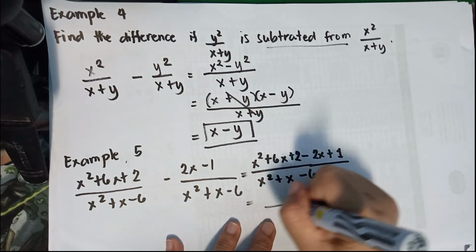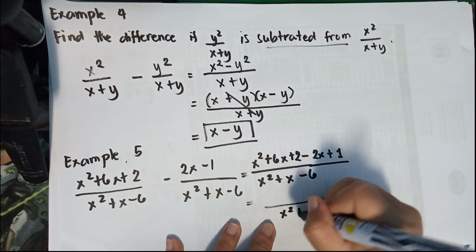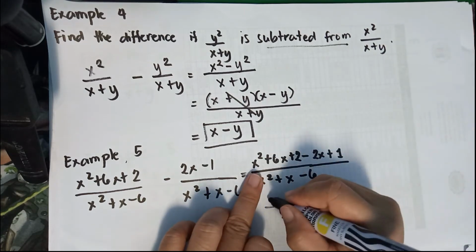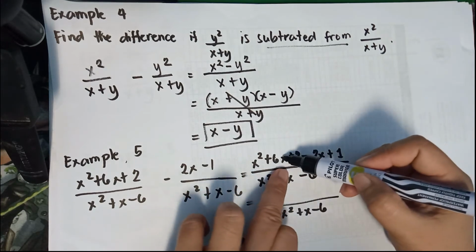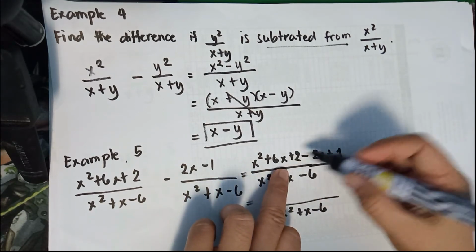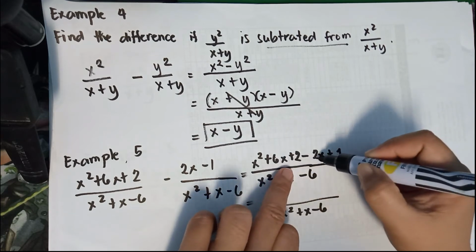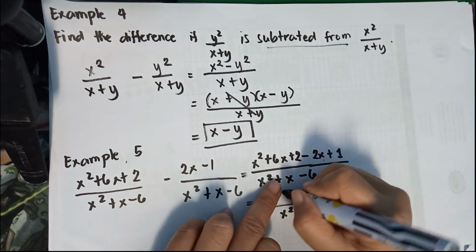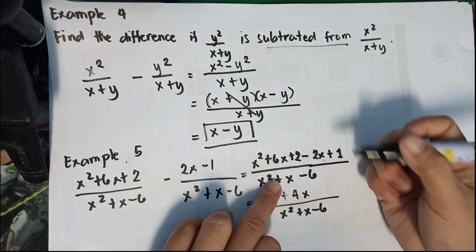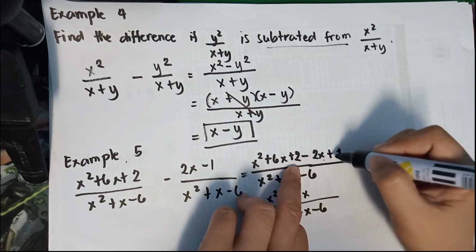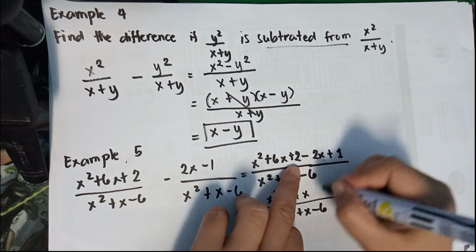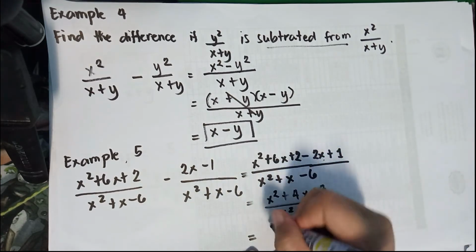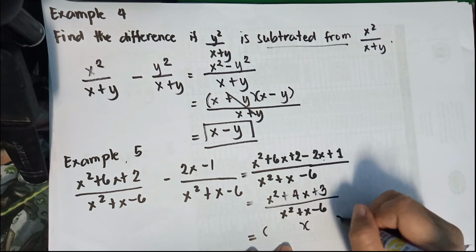Next, combine like terms. Just copy the denominator. x squared, copy. And we have here 6x and negative 2x, 6x minus 2x is positive 4x. Next, positive 2 and positive 1, 2 plus 1 will become 3. Now, since we are dealing with trinomials, we can factor out